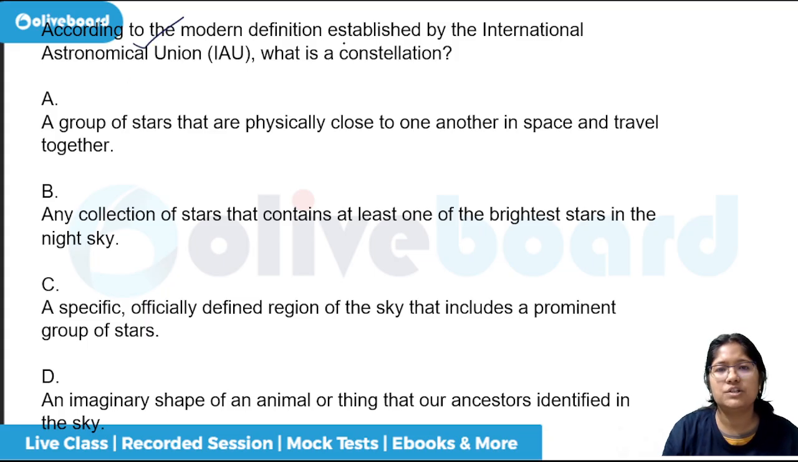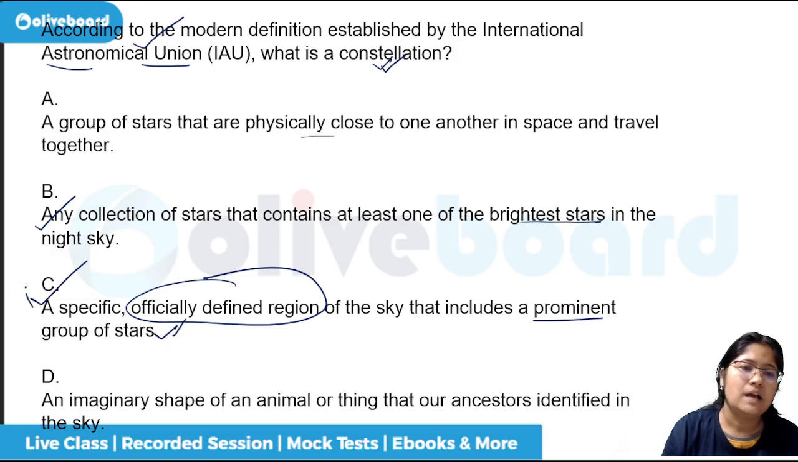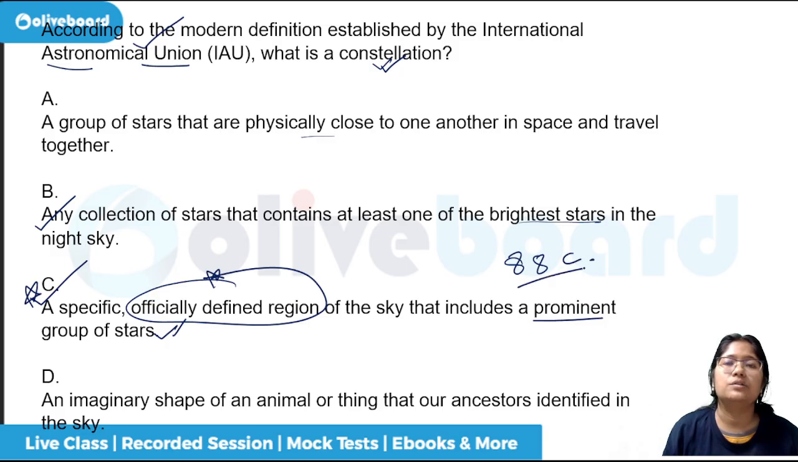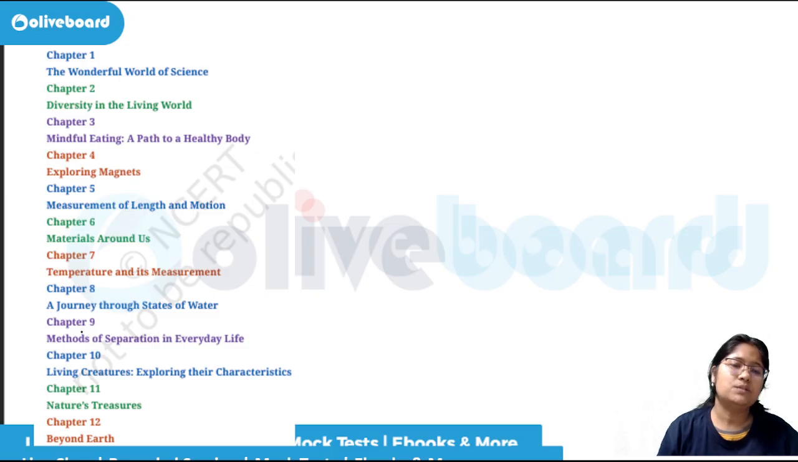According to the modern definition established by the International Astronomical Union, IAU, what is a constellation? A group of stars that are physically close to one another in space and travel together. Any collection of stars that contains at least one of the brightest stars in the night sky. A specific officially defined region of the sky that includes a prominent group of stars. So we have seen a specific officially defined region, and that is why there are 88 constellations, because it is an officially defined region. So with this, we have come to an end of chapter number 12, Beyond Earth,